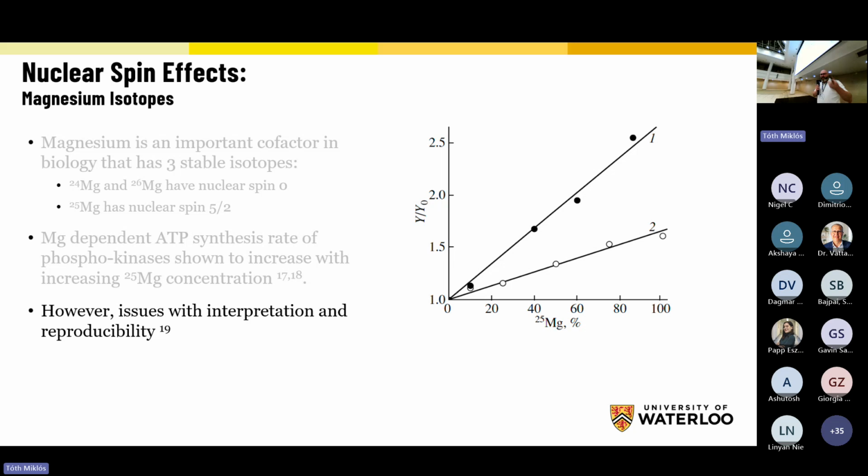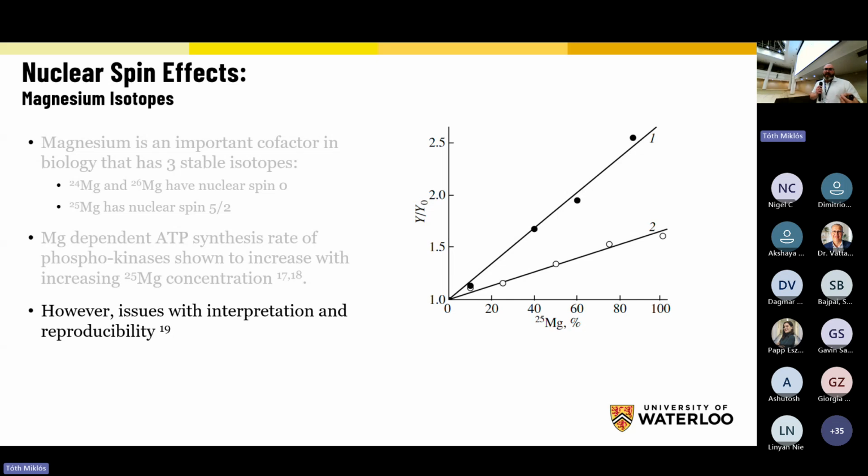I will note that the work that was unable to reproduce the Buchachenko work used a different method of detecting ATP than what Buchachenko did. One was using a radioligand, one was using a luciferase assay, and therefore, again, I'm urging that when we're doing these types of experiments, we need to make sure that we're comparing apples to apples and not apples to oranges. So trying to reproduce these effects in the exact same experimental setups, I think, is key and ideal.